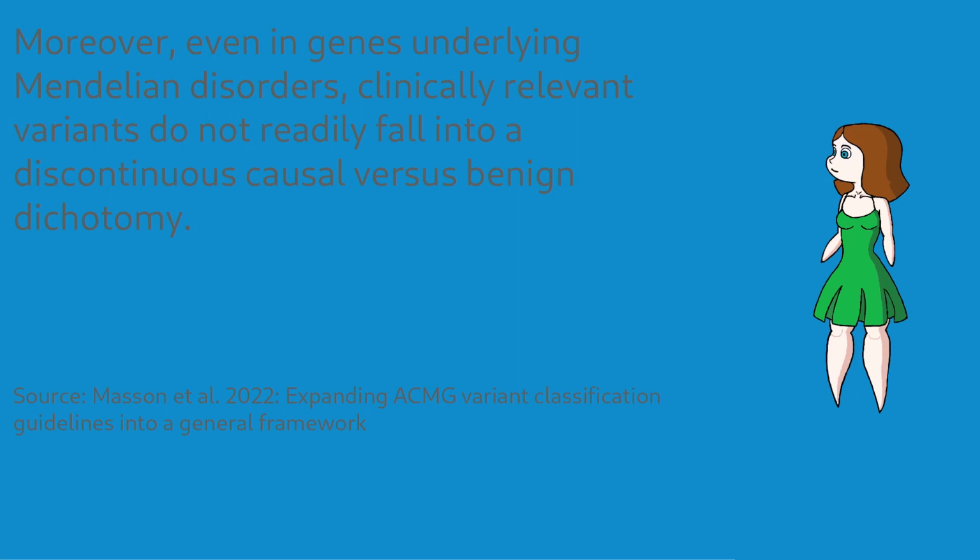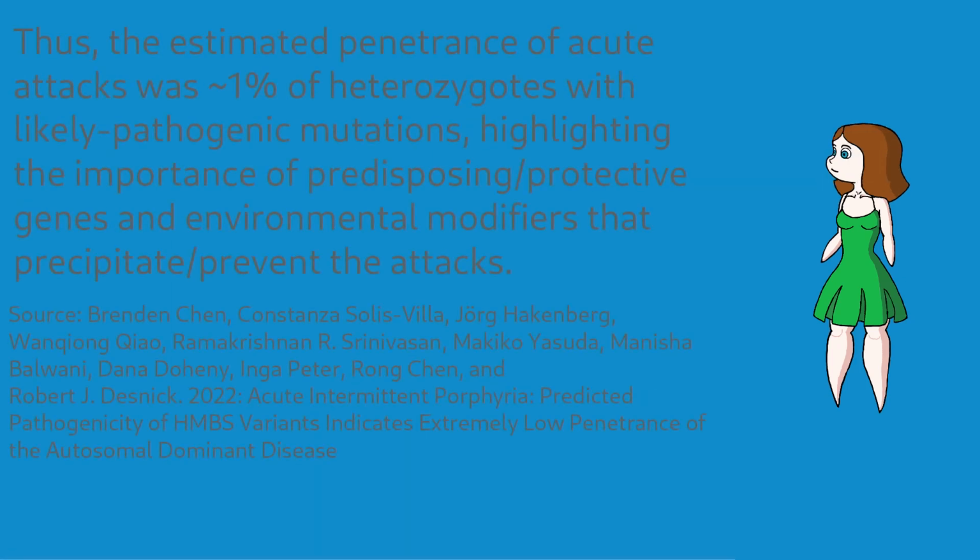This is true for some genetic diseases. For others, only a number of affected people develop symptoms. This phenomenon is called penetrance. An example for a disease with very low penetrance is acute intermittent porphyria. Only around 1% of individuals with certain mutations on one of their HMBS genes develops symptoms of porphyria.